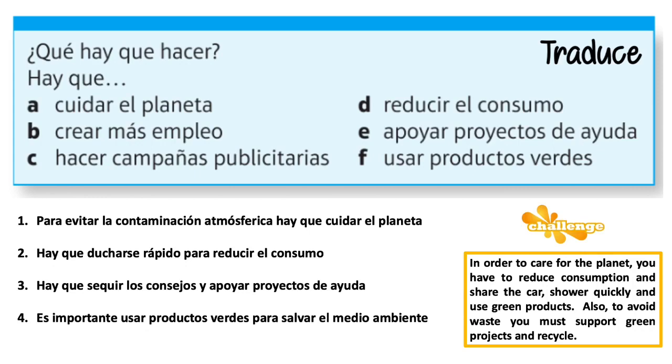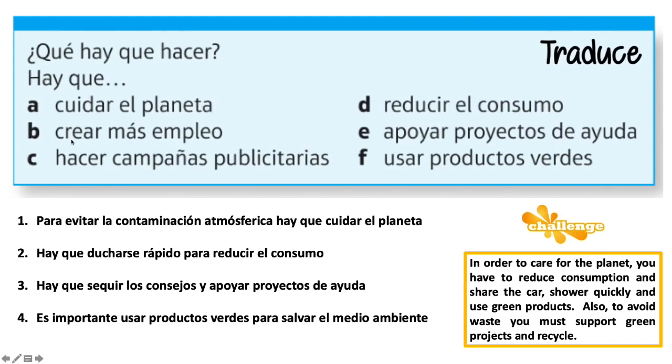Right, okay, so earlier I was saying, in the next lesson we're going to learn about hay que, and we did that in the listening activity a little bit. Hay que means we have to. So for example, if you say, what do we do to save the planet? Or we have to blah, blah, blah. Yeah? Right, so it requires an infinitive after que. So hay que cuidar el planeta means we have to look after the planet.